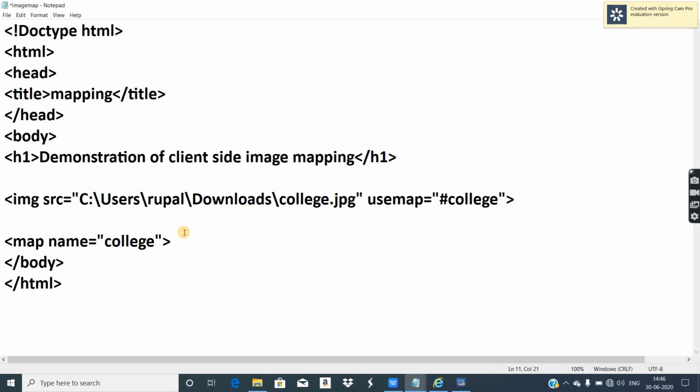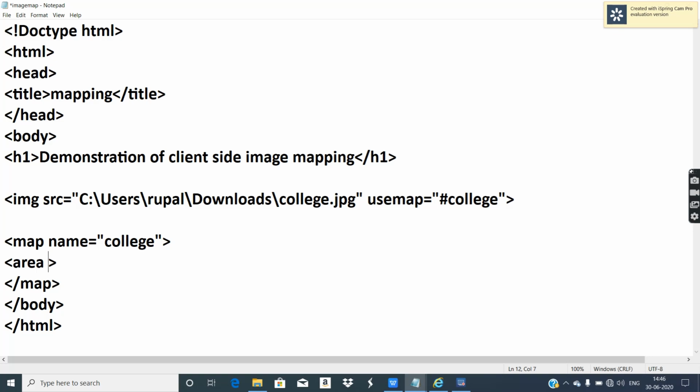Now, map is a pair tag. Inside map tag, we are going to provide three hotspots. To provide a single hotspot, use area tag. Now, area is a singular tag. Single area tag creates a hotspot on the image.